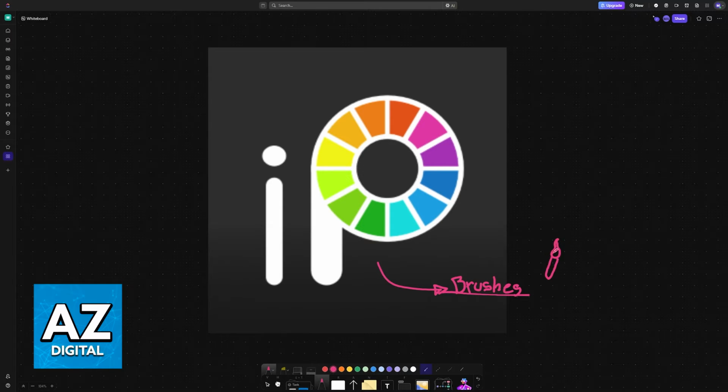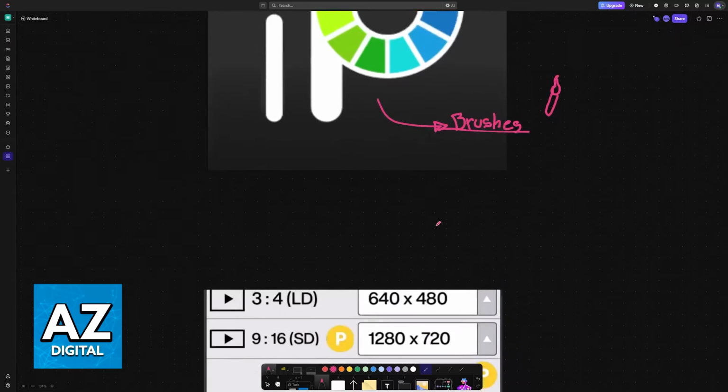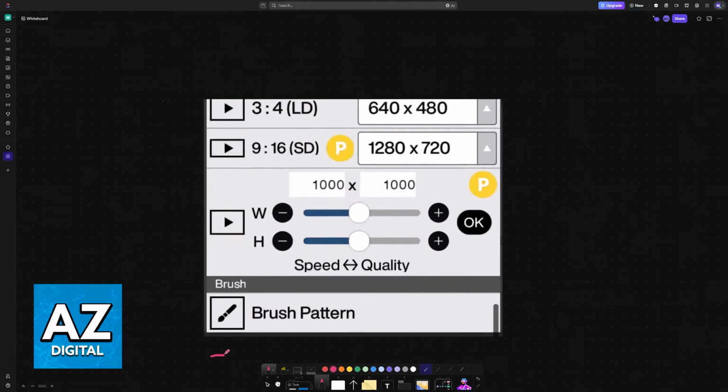So in order to modify it and have it added onto your account, you will need the latest version of IBIS Paint X. So if it isn't up to date, make sure to check for any possible updates. And once you are running the latest version of the software, tap on the plus sign usually at the bottom left corner of the screen, and if you scroll all the way down, one of the options is going to be brush. So tap the plus sign to create a new project, scroll all the way down, and you will see brush pattern. Now, if it requests you to create an account, you will have to do so now because the custom brushes are going to be attributed to your account.